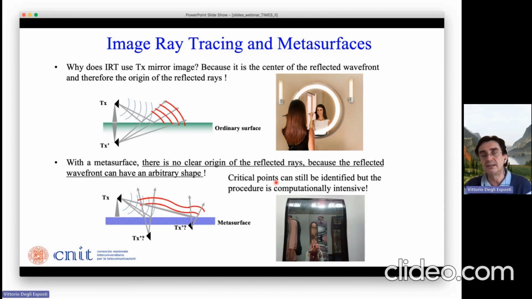So this is similar to a curved mirror, where we get multiple images of the face, right? So image ray tracing can be slow for metasurfaces or